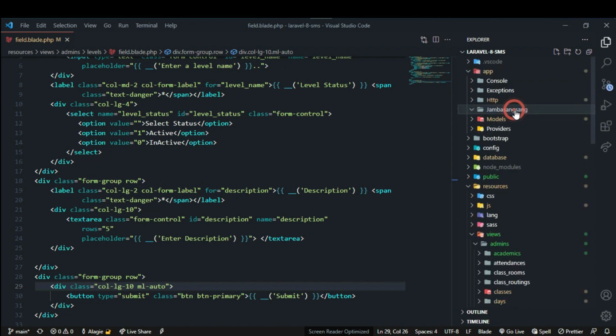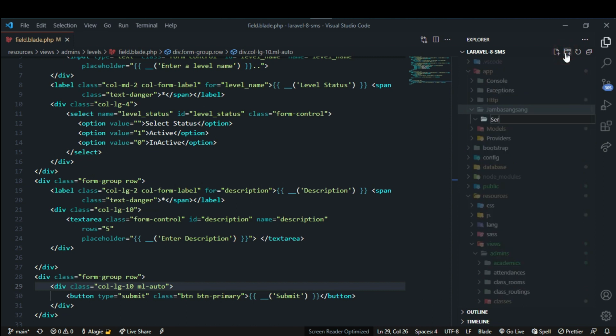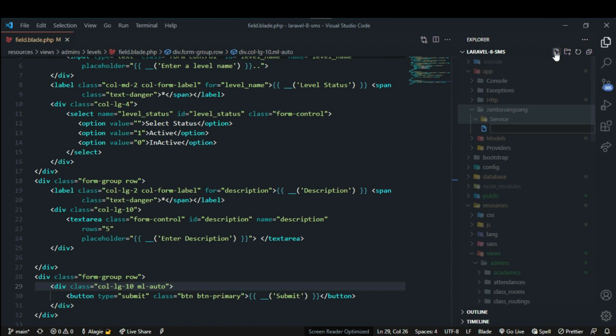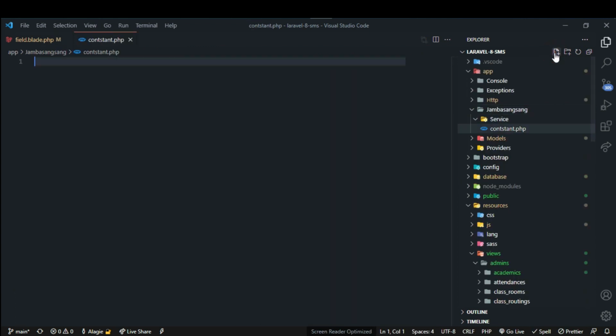Okay, and inside that Jamba Samsung I will have another folder called services. So I call it service. Okay, and inside this also again I will have two files. The one file will be constants.php, and the other file will be